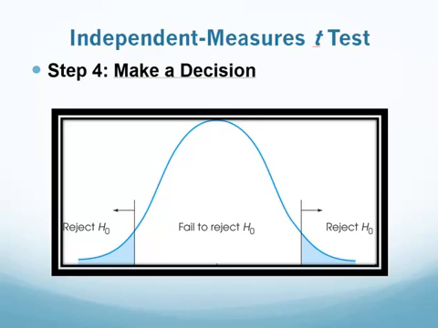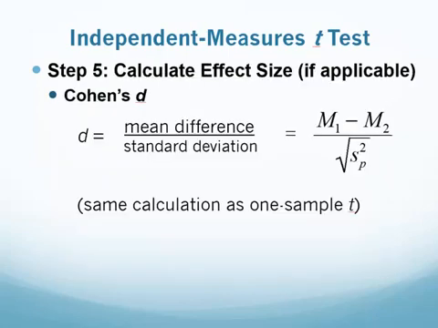And remember, a t-statistic is a ratio. It's the difference between the means. If the difference between the means is considerably greater than the difference expected by chance, then we'll typically have a large t-statistic. Okay. Now again, if we reject the null hypothesis, then we're going to compute the effect size,